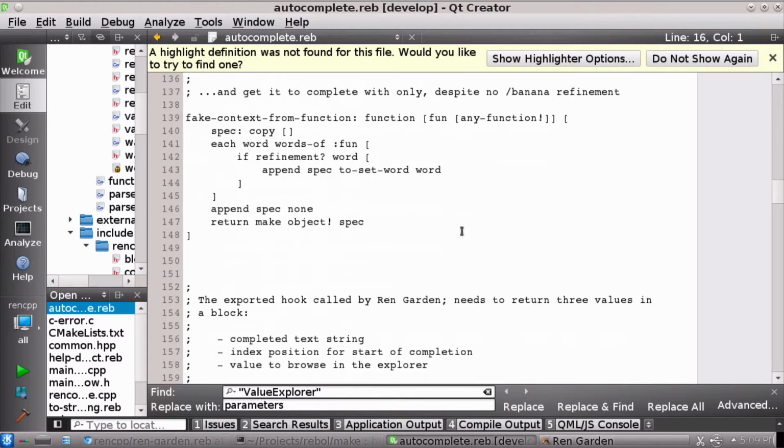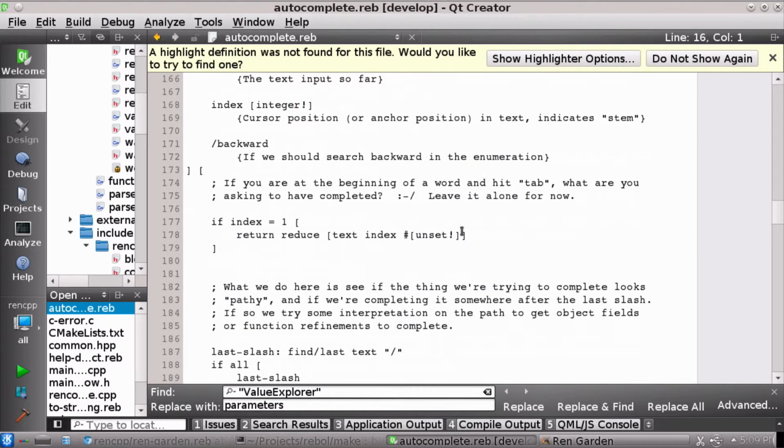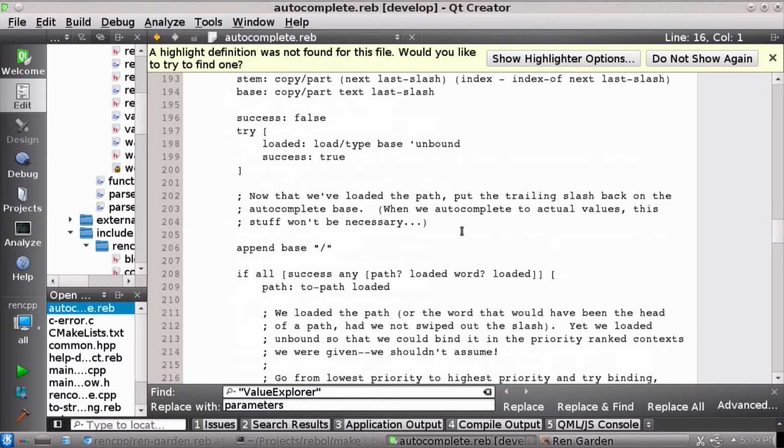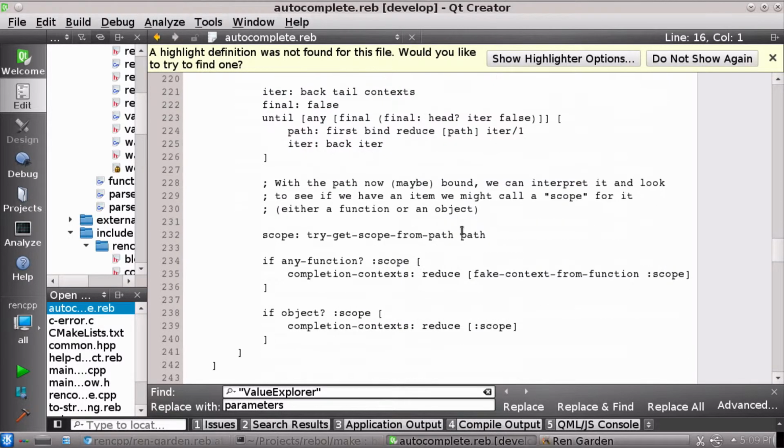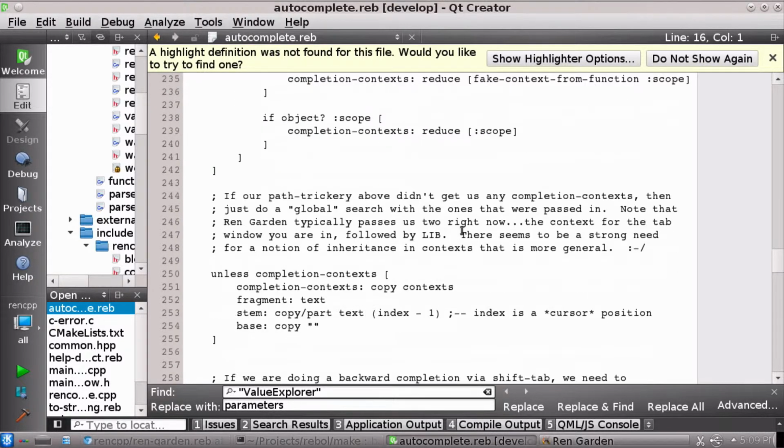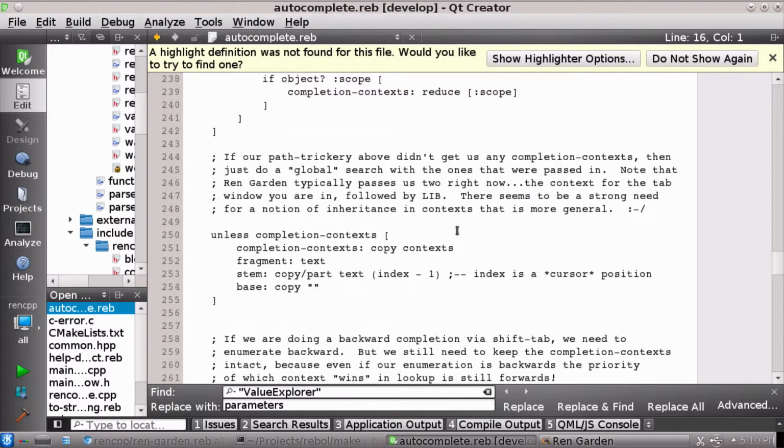You can read it from the top to the bottom. It's commented very well. And the reason I took the time to go through and write it and comment it, and do it as a Rebol routine that's coming back with the completion, where to put the position to put the cursor, and if you want a value in the Value Explorer,